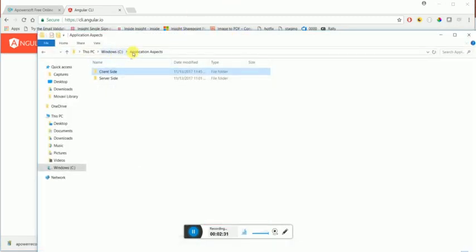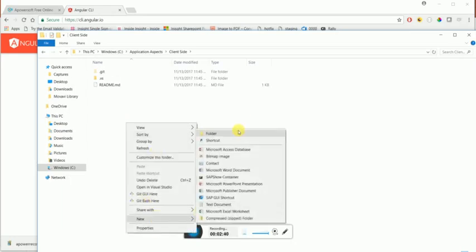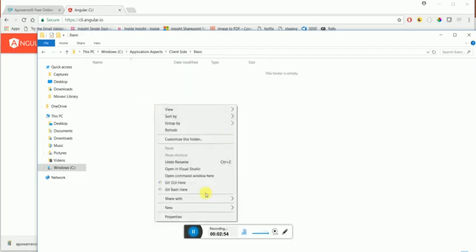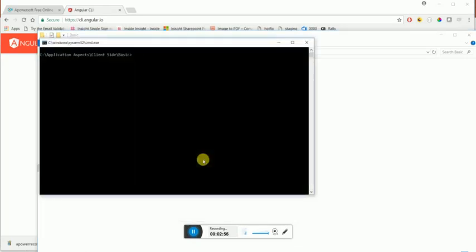Locally, I have this folder, application aspects, and in the client side aspect, the first step is to create a basic Angular application. So this is basic. Let's call it basic. In this basic folder, we will open a command prompt here, and because the CLI is already installed, I will do ng new, and let's call it my app. And by just doing this,